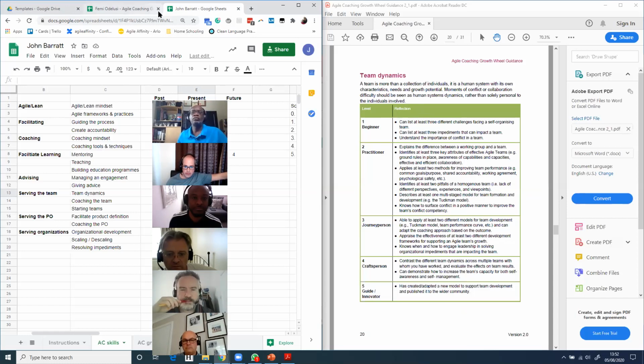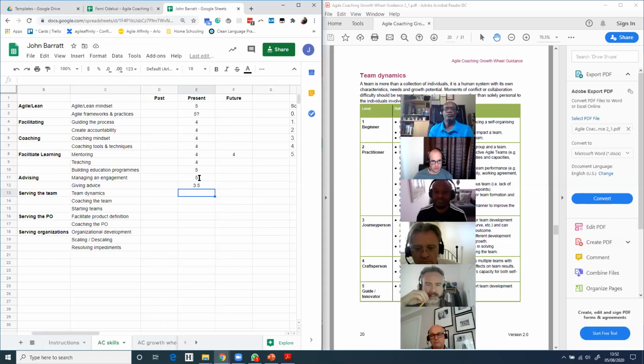My scores were a 2 for the past. I put myself at a 3 for now, and I'd like to move towards a 4, I guess. I've only been doing this, being a Scrum Master coach, for about 5 years. So I still find most of the things I do, I'm still learning, or I'm still capable of being surprised, if that makes sense.